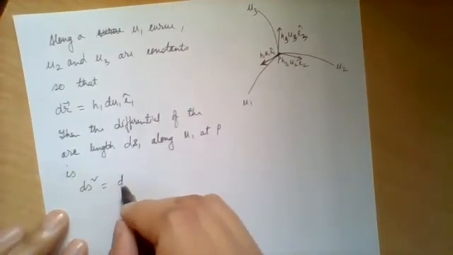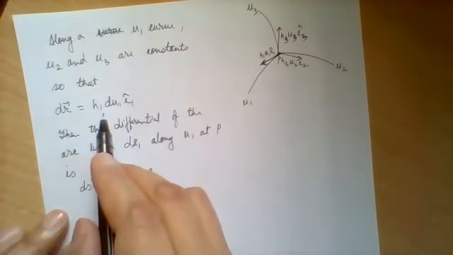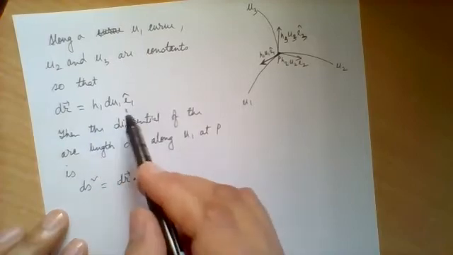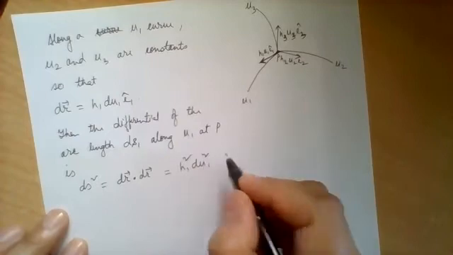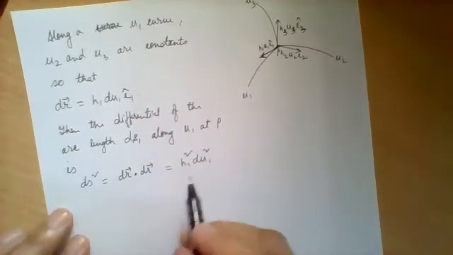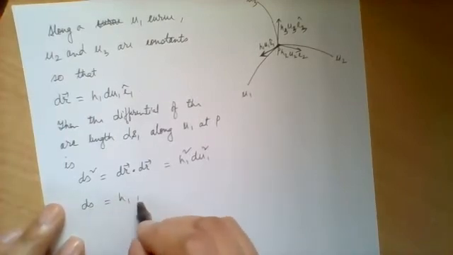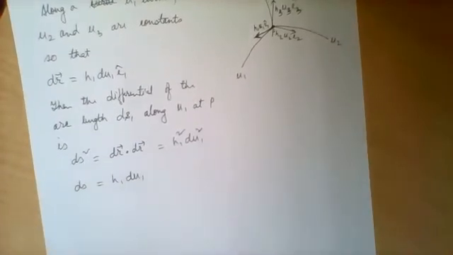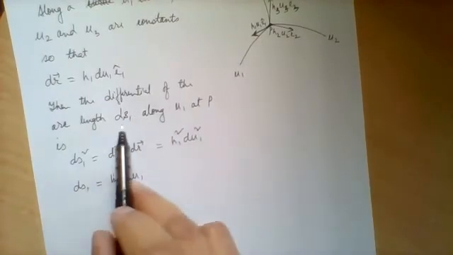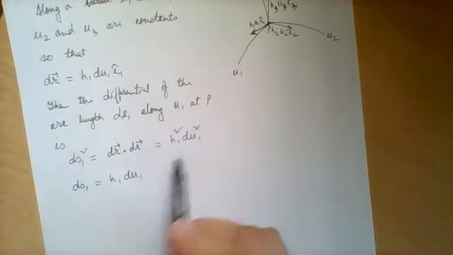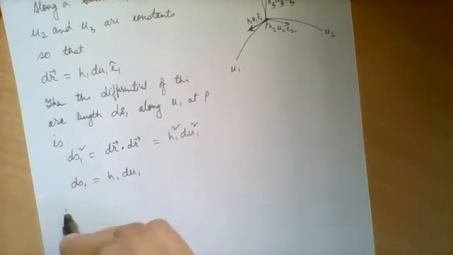ds square equals dr dot dr, and this is equal to h1 square du1 square. The arc length is always a positive quantity, so ds equals h1 du1. So the differential of the arc length ds1 along u1 at P is given by this expression, ds1 equal to h1 du1. Similarly,